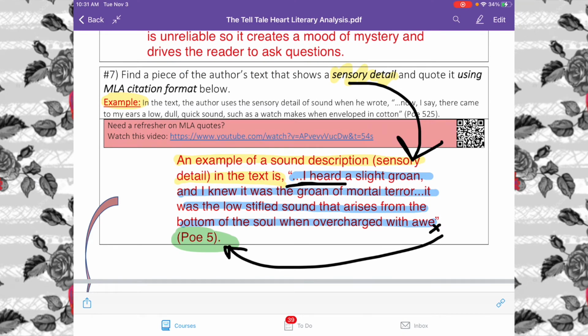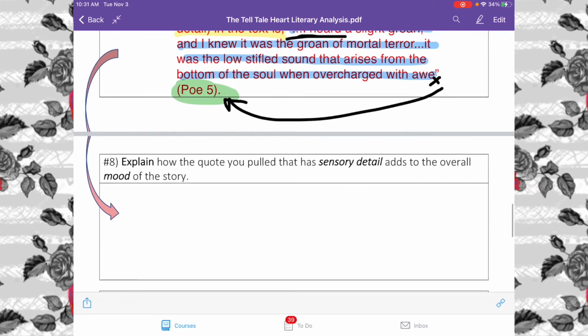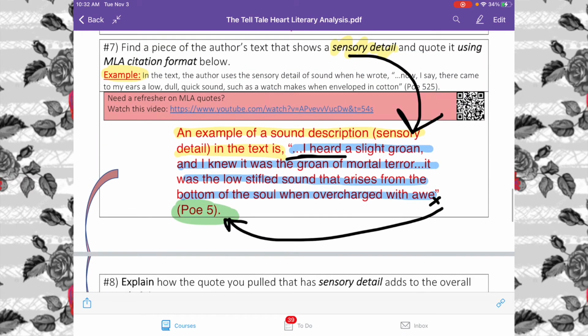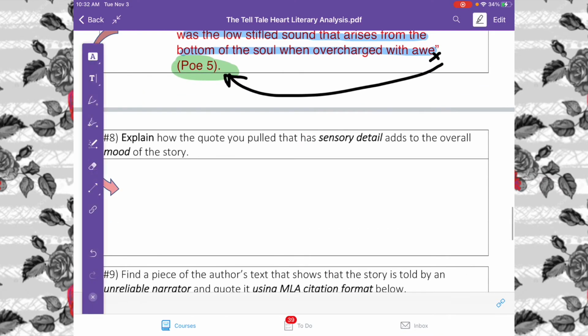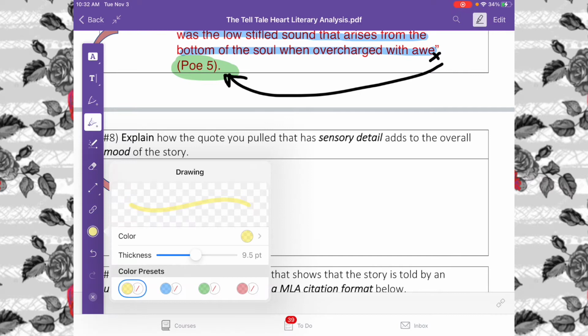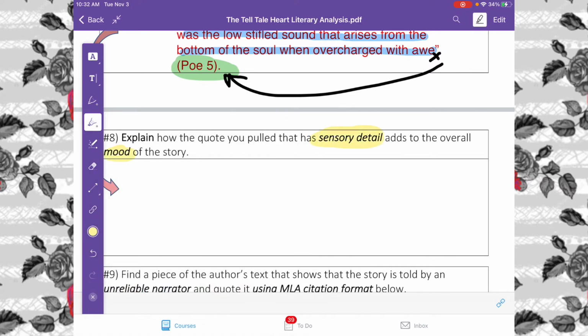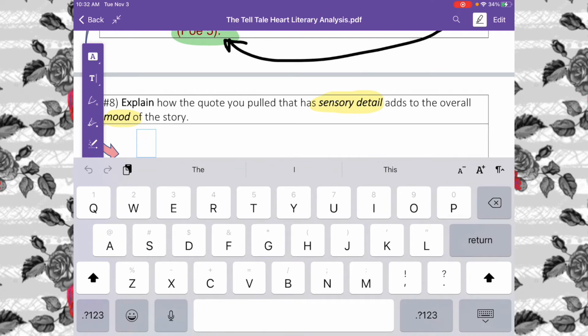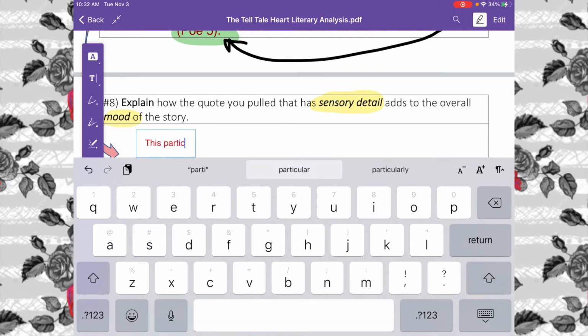Now we know we don't just drop a quote and walk away, so next up, explain how the quote you pulled that has sensory detail adds to the overall mood of the story. So remember, mood is how the reader feels. So here, having this description of the old man's groan, a groan of mortal terror from the bottom of the soul, what does that do for how I feel towards the events and the characters of the text? So, again, make sure that we're taking a look at these words that are used in the prompt and we are touching on them with our responses. So, this particular quote,